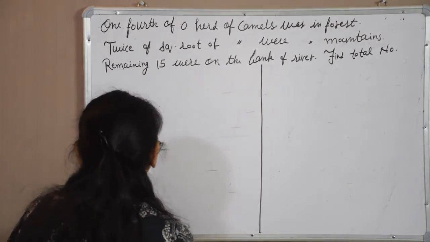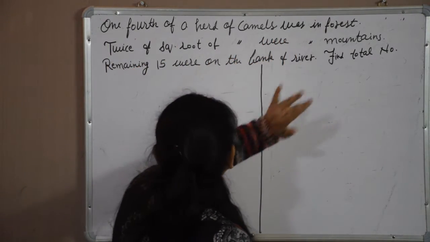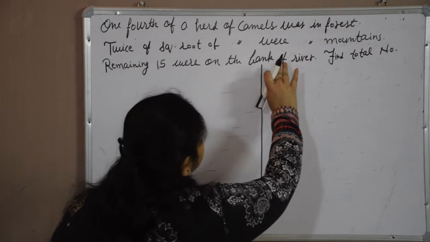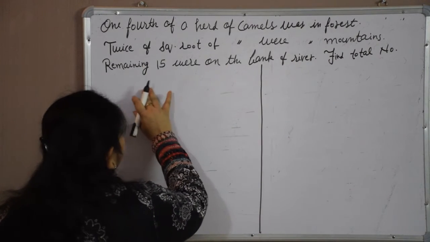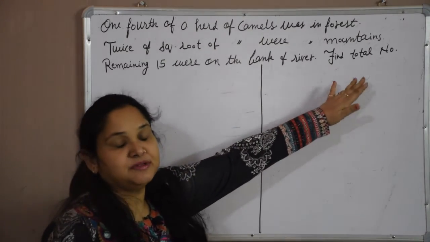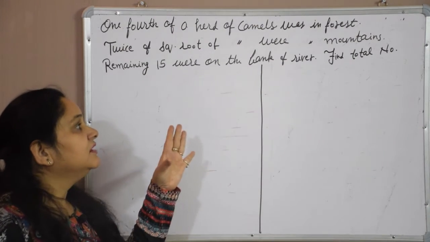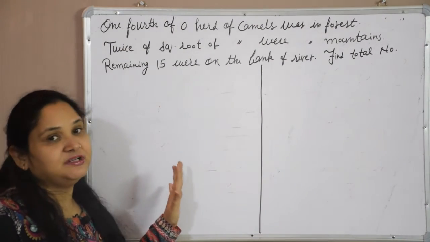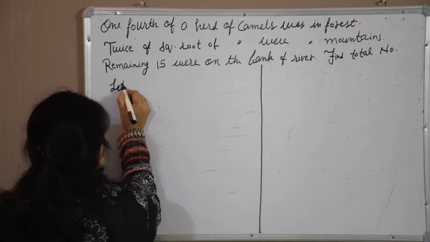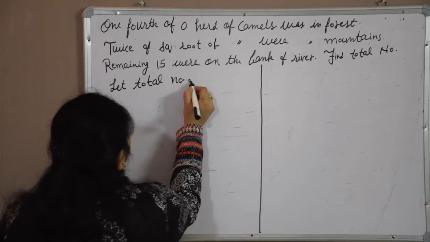Now our next question is: 1/4 of a herd of camels was in the forest. Twice the square root of the camels were in the mountains, and the remaining 15 were on the bank of the river. Find the total number of camels. So we need to find the total number of camels, and what we need to find, that we generally suppose. So here we suppose, let the total number of camels